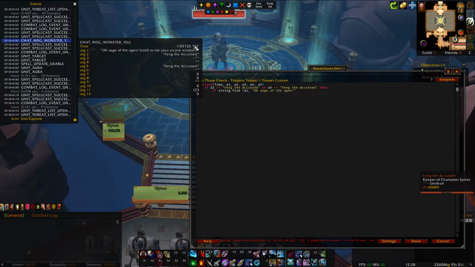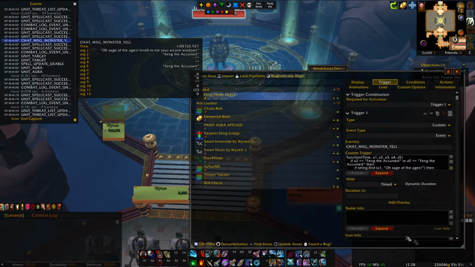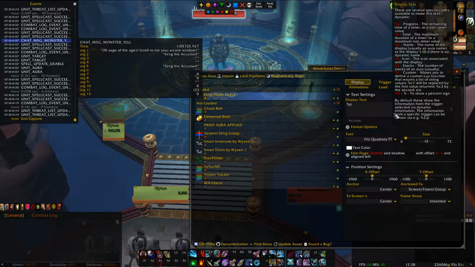Don't forget to write exactly how it is, with the capital letters and such, otherwise it's just gonna break. But if we find this part of the message in the message the boss says, then this is gonna return true. Now, if I were to display here something like, or actually I'm just gonna say this is "it works",